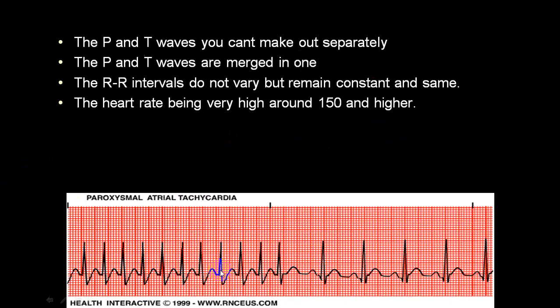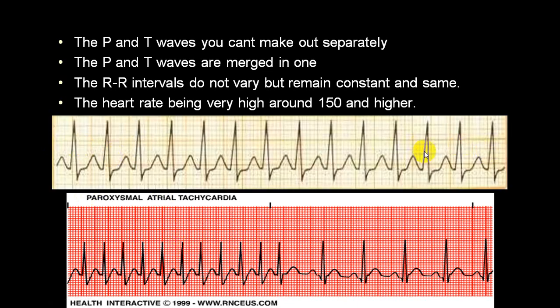Again you can see this is atrial tachycardia, then the rate becomes normal. This is for a short period, this is a 6-second strip, but it is for a short period. Again there is a normal rate, that's why this is called paroxysmal. And as it is coming from the atrium, you can see these normal atrial complexes. So this is paroxysmal atrial tachycardia, and the rate is more than 150. That's why we call it atrial tachycardia, because the sinus rate cannot be this high. So this is not sinus tachycardia.